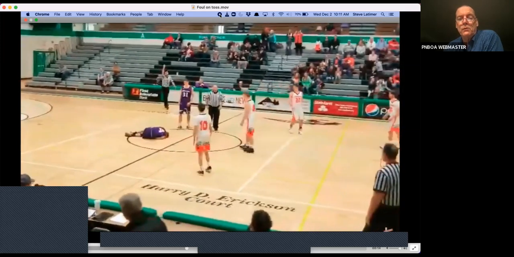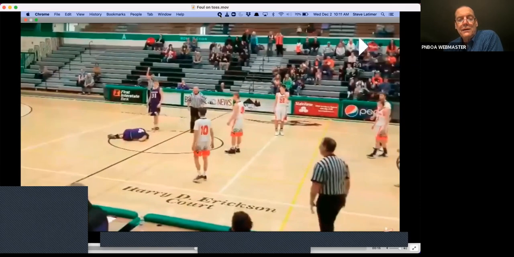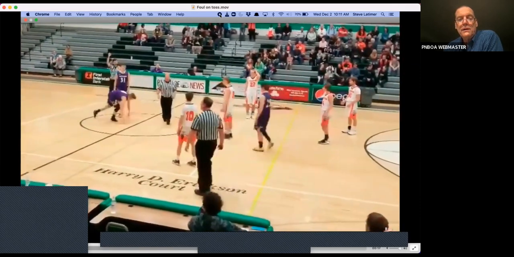The guy who probably has the worst view of it is the crew chief who's throwing the ball up, right? Oftentimes that's the most experienced official out on the floor, and then you might have younger, lesser experienced officials in the other 2 slots. But you need to get those inexperienced officials together and say, what do you see? Now, whether that kid is truly hurt or playing it for all it's worth, it's hard to tell, but